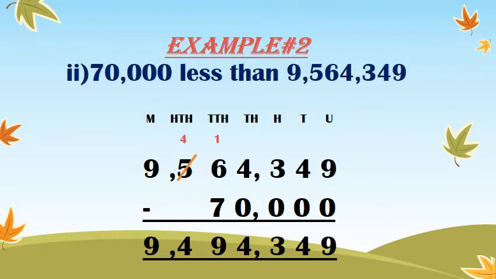Now let's learn subtraction. Subtraction is a term used to describe how we take away one or more numbers from another. Subtraction is also used to find the difference between two numbers. Subtraction is the opposite of addition. The part that is left over in subtraction is called the difference. We can also use less than in subtraction. Here is an example number 2 of subtraction, that is 70,000 less than